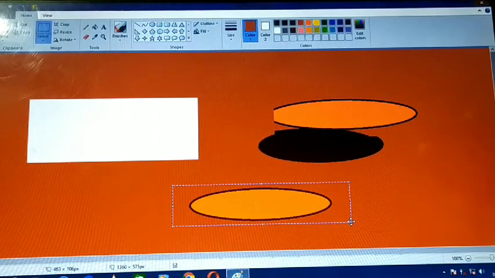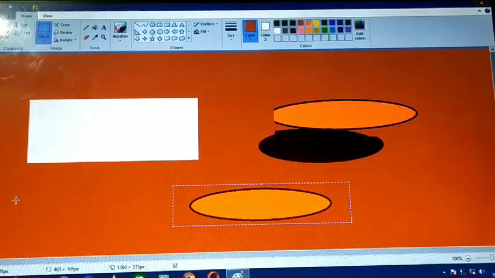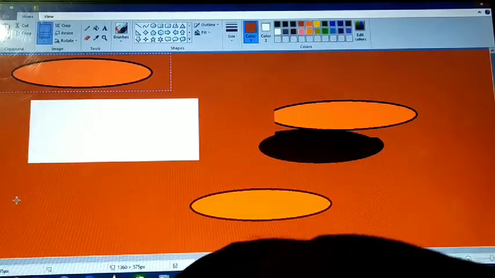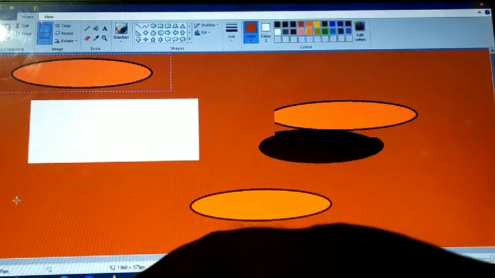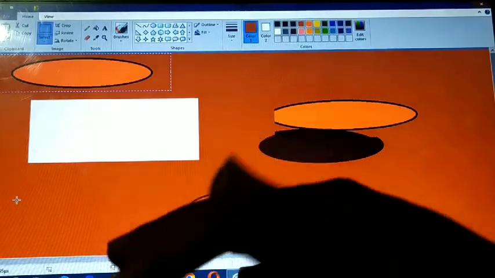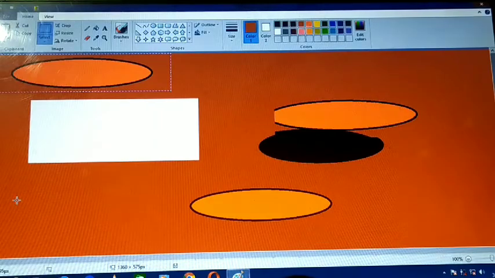Copy means Control plus C, and if I want to paste here, you will see that it is shown in both parts. One duplicate has occurred. So I have explained the shortcut keys here. You can use shortcut keys or simply right click, select the icons and right click on it.